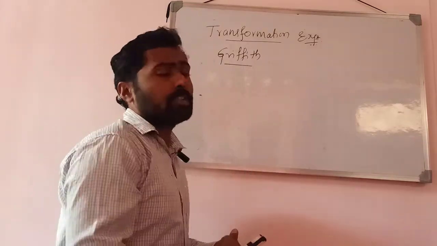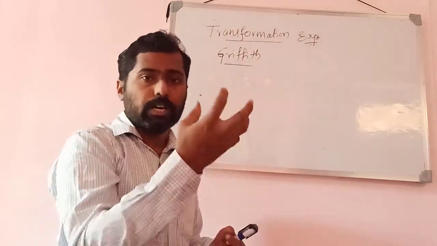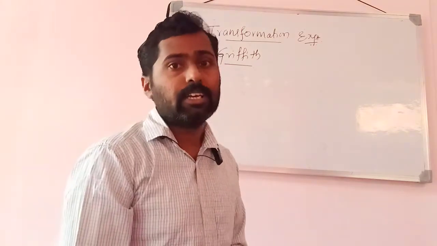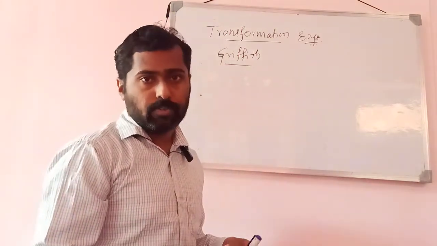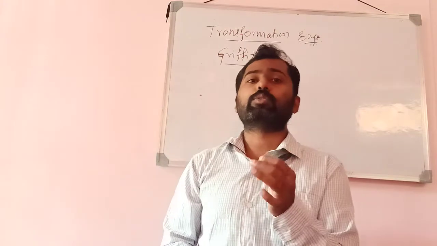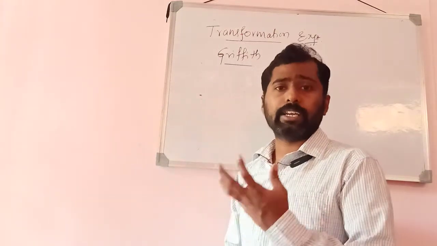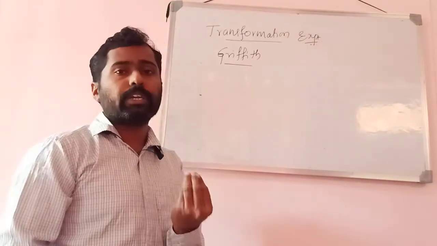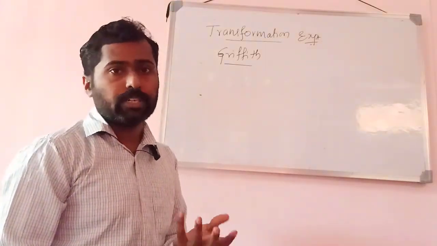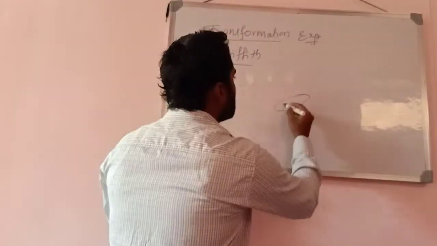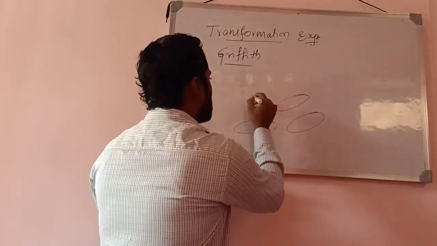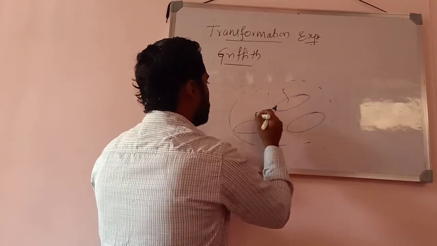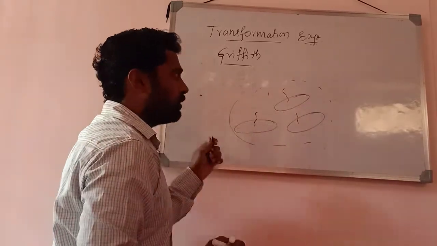The bacterial cells take up naked DNA molecules from the surroundings. If the DNA molecule is allowed to enter inside the cell, that process is what is regarded as transformation. You know that a piece of DNA can do wonders. It means it can create new characters, isn't it? Even a small piece of DNA has the ability to generate new characters. So the DNA from the surrounding media enters inside the bacterial cell, the naked DNA molecule, not mediated by a vector.